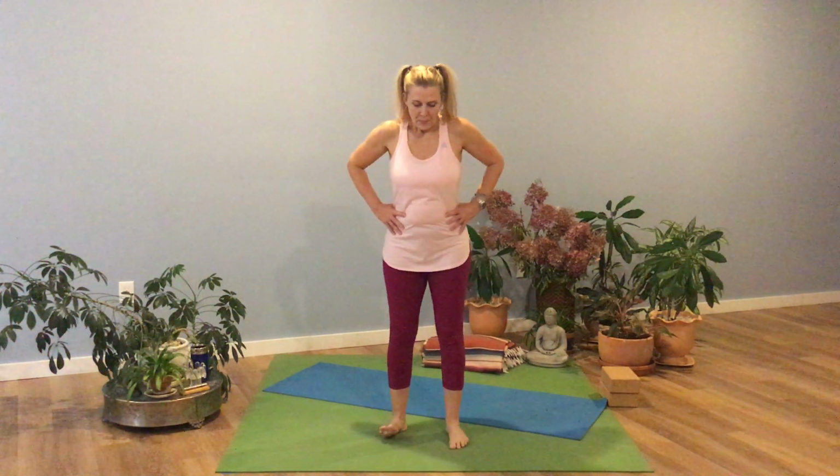A little balancing sequence. We're going to do a longer hold in a bit of goddess pose or victory squat, same pose, but we'll rest the legs a little bit before we go into a longer hold of that. So maybe we'll start with vrikshasana right now, your tree pose, and then we'll morph that into a couple of other balancing poses. So stand on your right leg